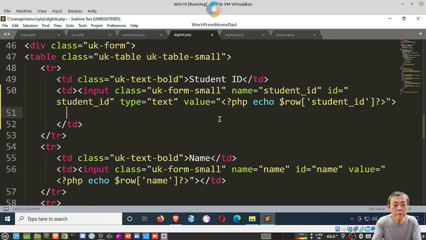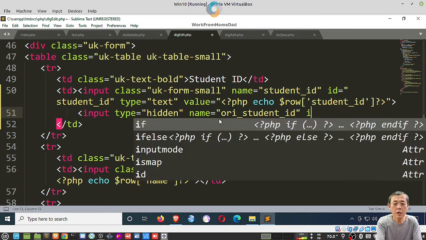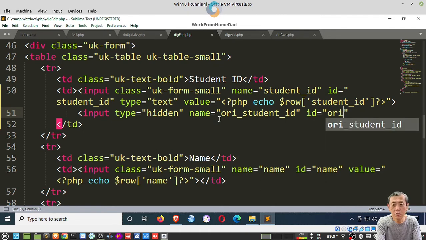Actually we have to add another one, type is going to be hidden, and name the original ID, ori student ID. The ID also, same thing,